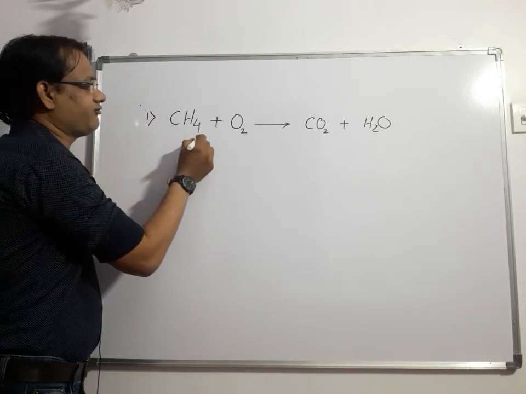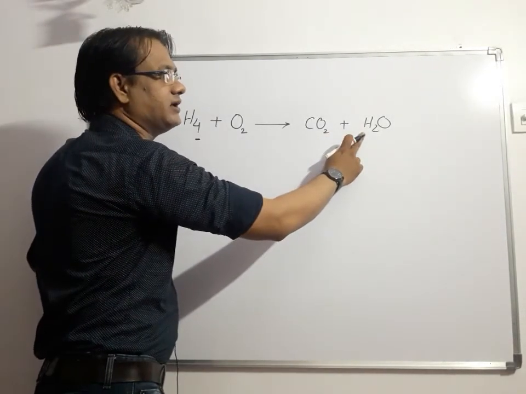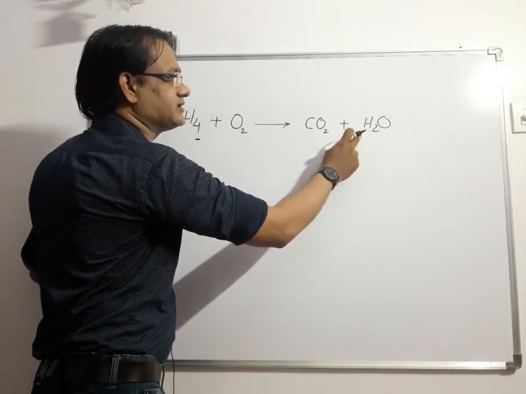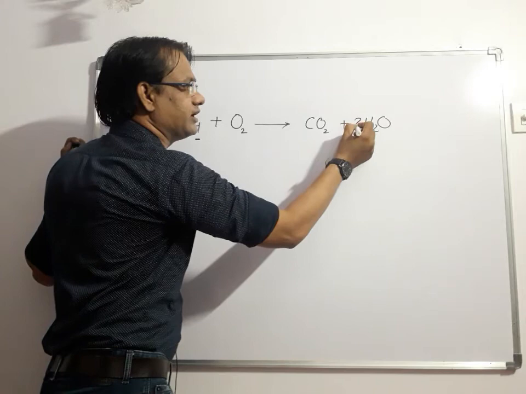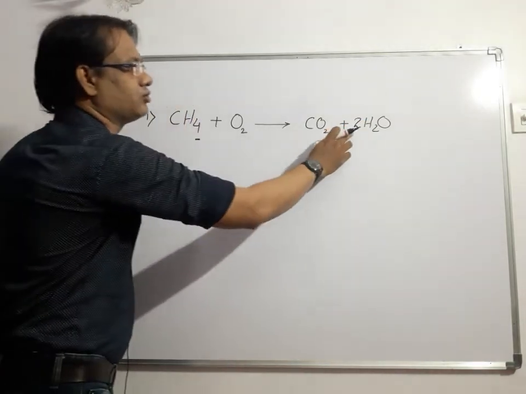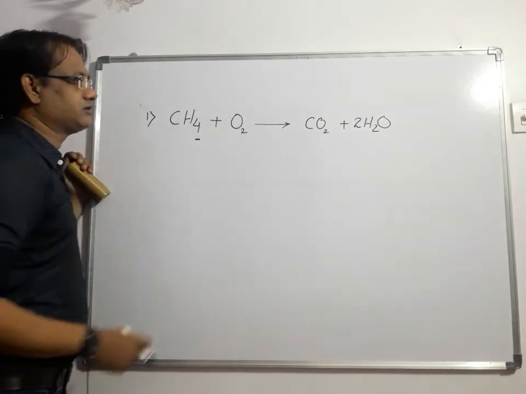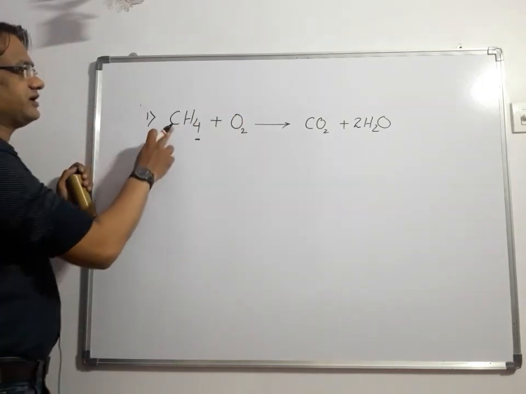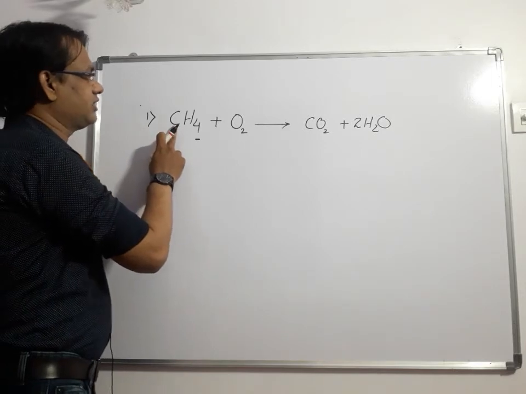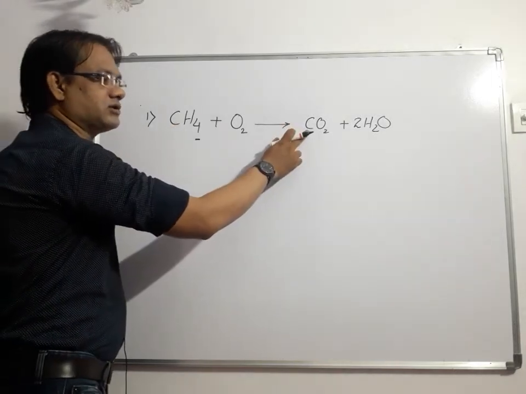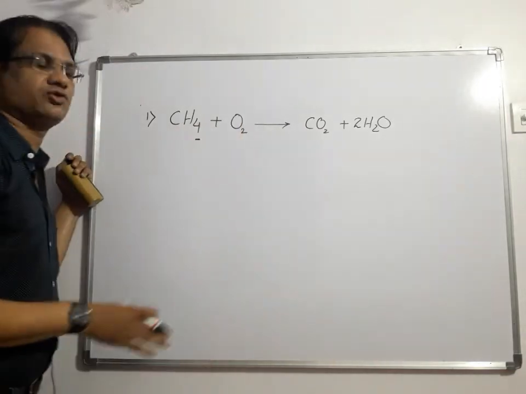Okay, so there are 4 hydrogen and on the right hand side there is only 2 hydrogen. So we'll balance this one. To make this 2 become 4, we'll put 2 in front of it. So it will become 2 into 2, 4, and here 4 hydrogens are there. So hydrogen is balanced now. Now the next one is carbon. So we'll balance the carbon. Here only 1 carbon atom is there. Here also 1 carbon atom is there. So carbon is already balanced, so no need to balance it.